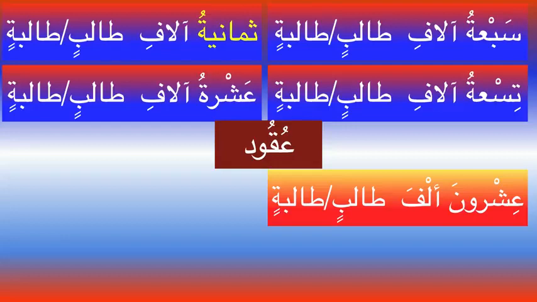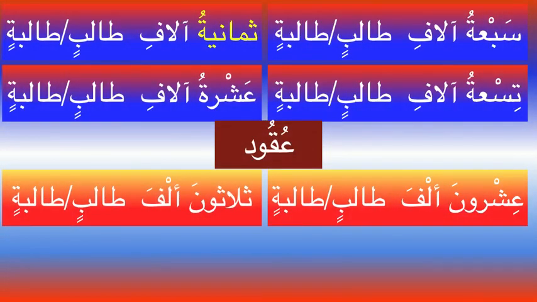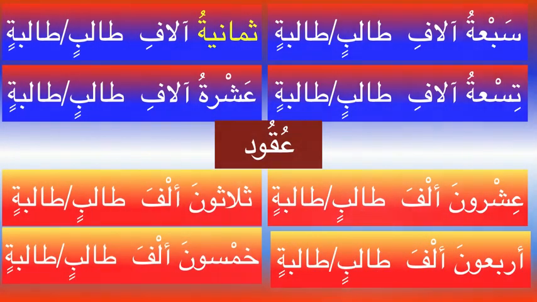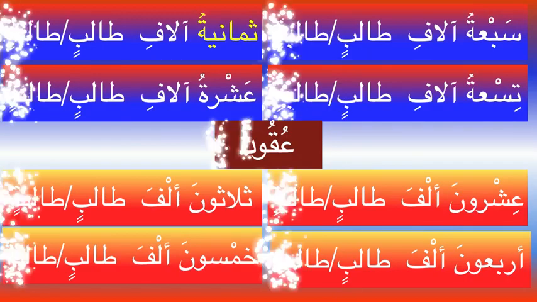So ishroona alfa talibin, mansoob, mudaf, and thalathuna, 30,000. So arba'una alfa talibin, 40,000. Khamsuna alfa talibin, 50,000. So again, if we keep going on to 70, 80, 90, and then come to 100,000,